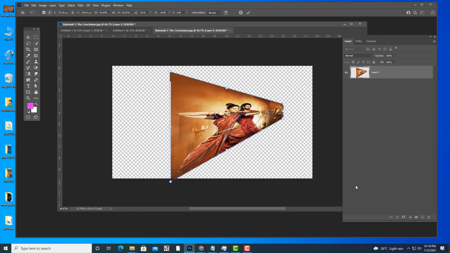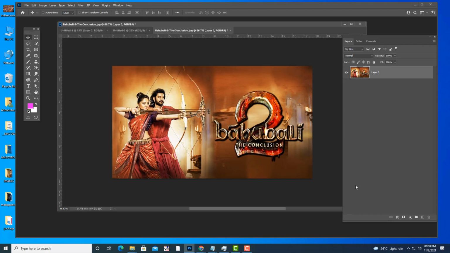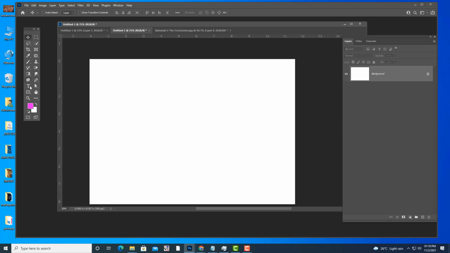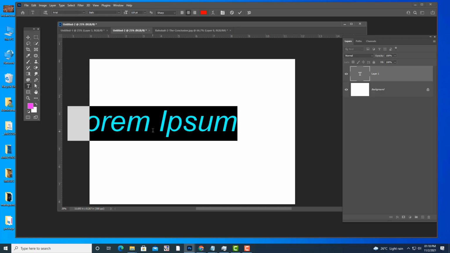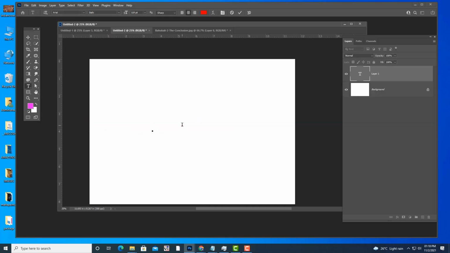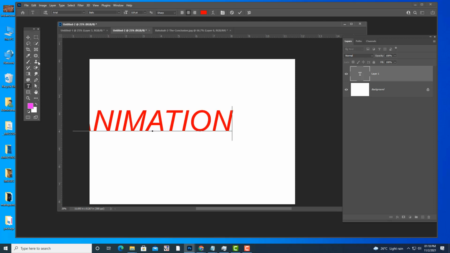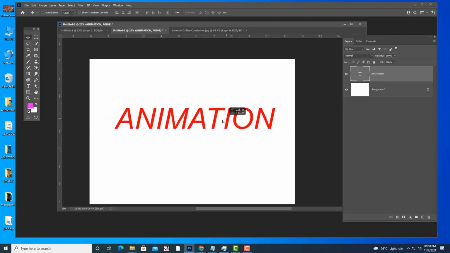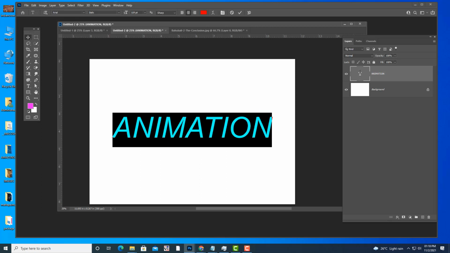So you can do something like this. This option is what? Distort. And by default this option is active for all images. But for text this option is disabled. I will show you. Let me type something. And see, why is it italic actually? It is because Arial italic is there, but we will keep Arial black.